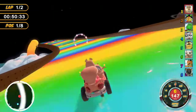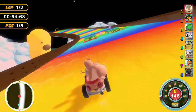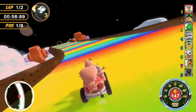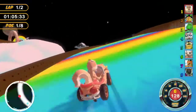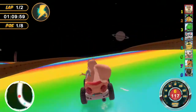But other than that, great racing game. Definitely recommend it. If you're a fan of games like Nickelodeon Kart Racing or Mario Kart or All-Star Fruit Racing, this is definitely worth checking out. At $20, not a bad deal at all. So